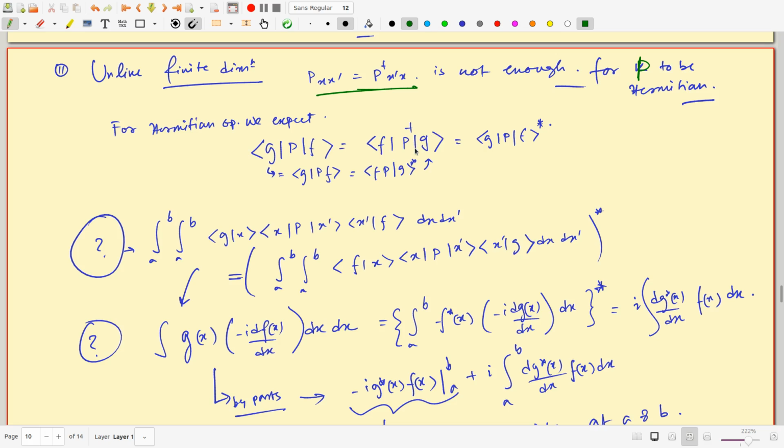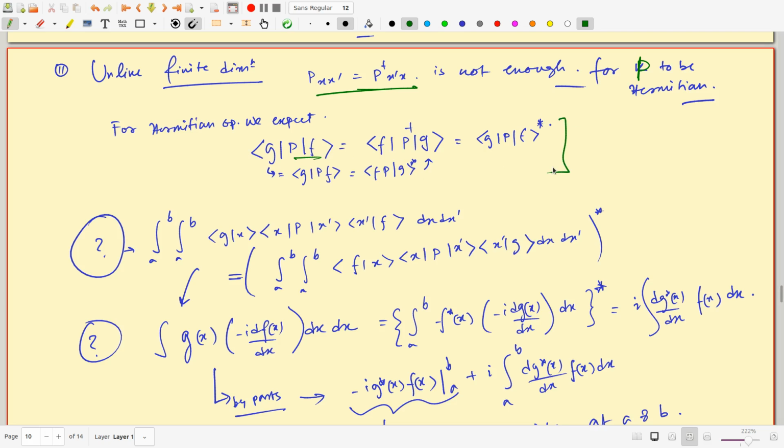So why do we want it to be Hermitian? Because in order to be Hermitian, we expect this kind of thing to be true, which means that at the end of the day, when you sandwich these between two states, that is what matters. It's the expectation value and the amplitude, this sort of thing, that's what matters at the end of the day of your calculation, because that is the measurable quantity and that is what we want in quantum mechanics.